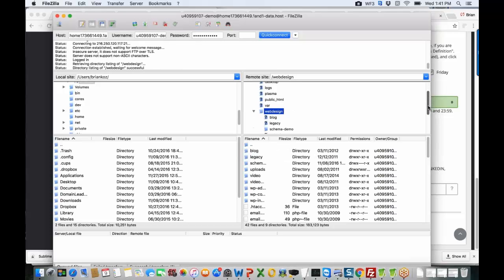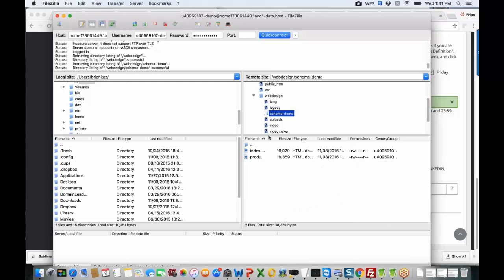And usually right then you'd see an index.html file right here. In this case, we just had a subdomain for the sake of this that we called schema demo. When we click that, we see the index.html site right there, or file. So what you'd want to do in that case